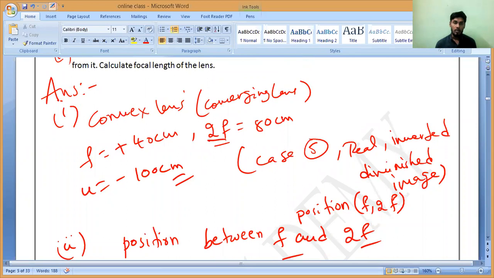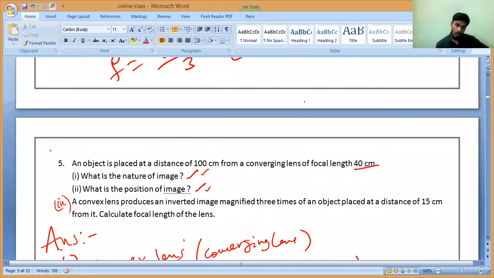Case 5. Sir, show the question, sir. No question. The object is beyond 2F, beyond 2F. Correct or not? 2F dash, F dash. That is what you should remember. Do it now. The first two questions are answered, and the third question is...